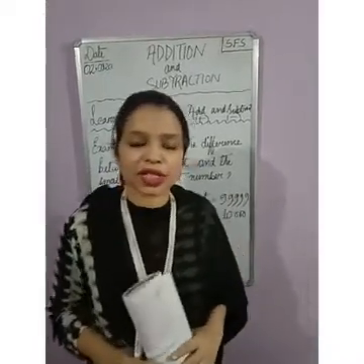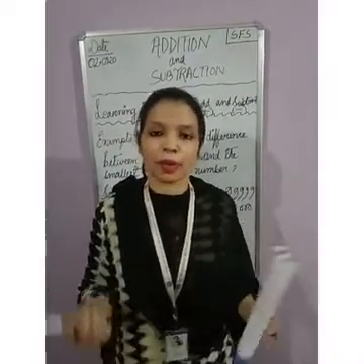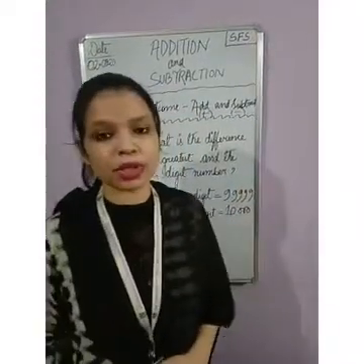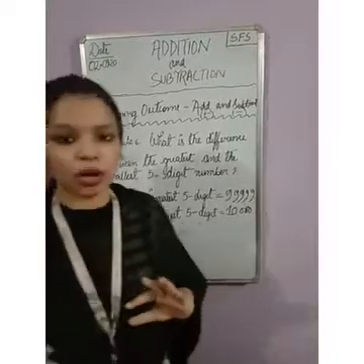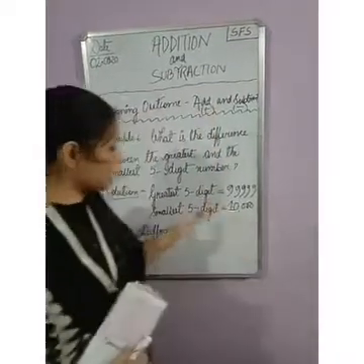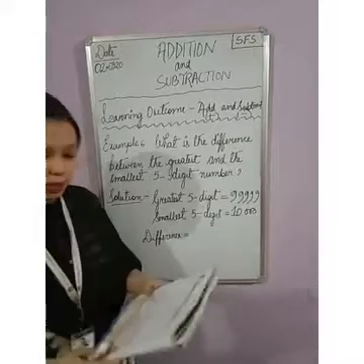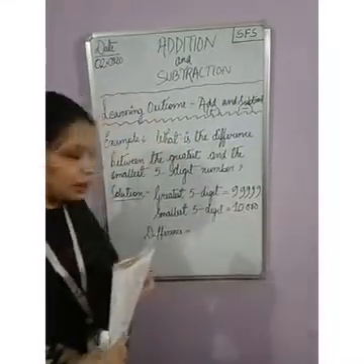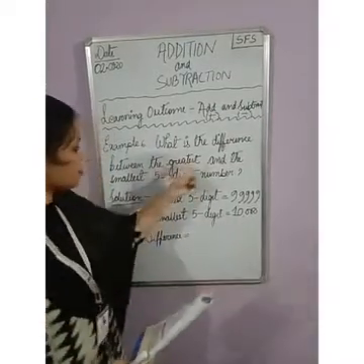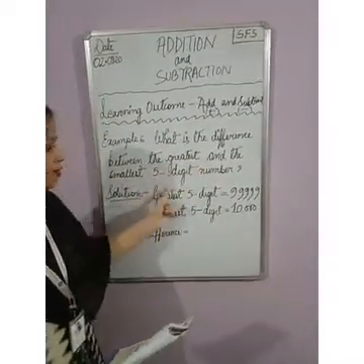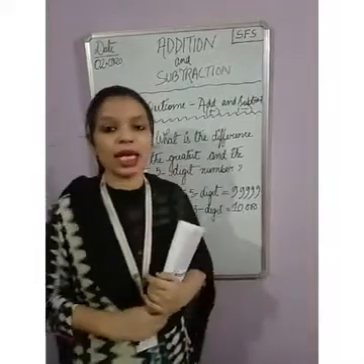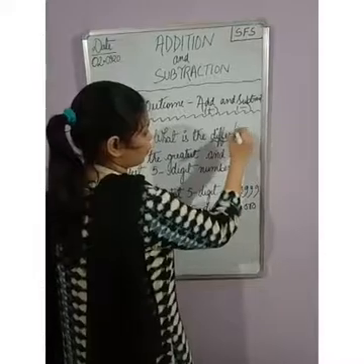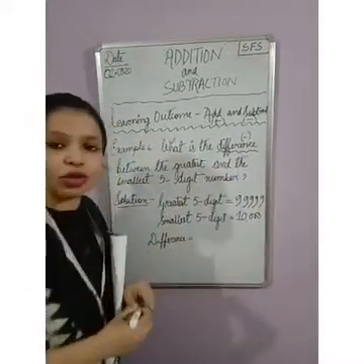Today I have taken a word problem here. Word problems are basically on real life situations, but this is also a word problem, and we have to find out what is being asked. Let me read out the question. This is example 6 that I have taken from page 44 of the textbook. What is the difference between the greatest and the smallest 5-digit number? We already know the word difference means minus, that means we have to subtract.